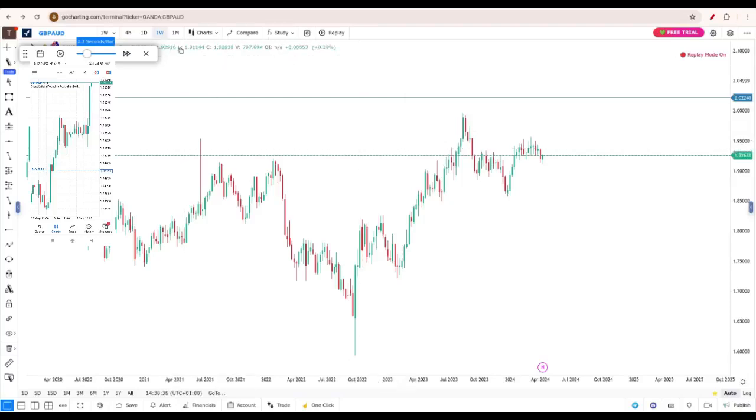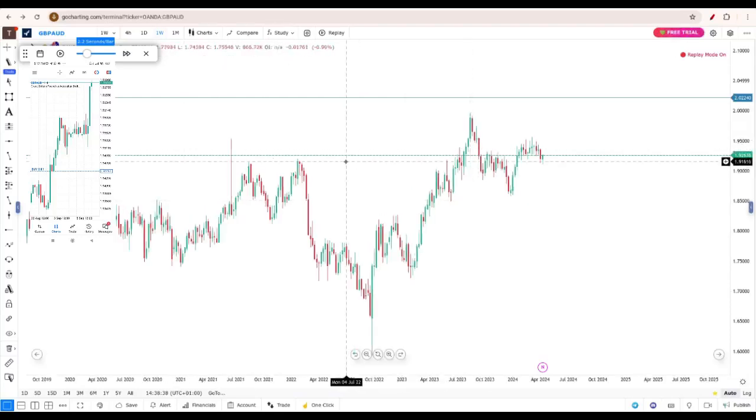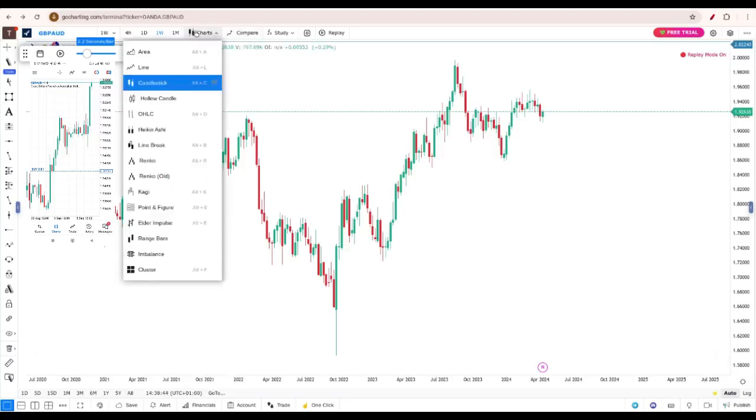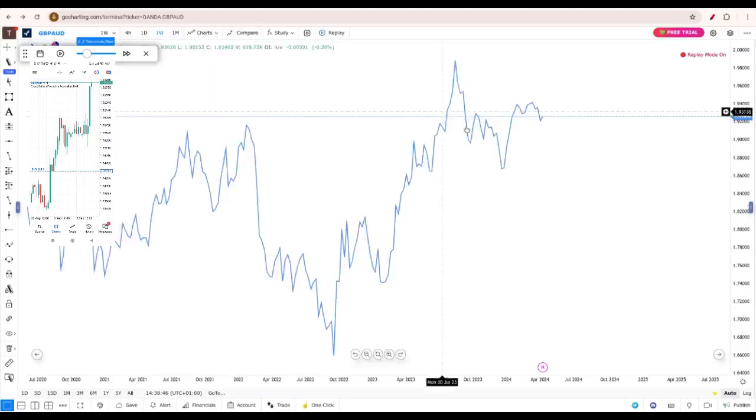Let's go to the monthly. Okay, look, this is one zone here. We have a zone here. As you can see, let's go to the line chart so you understand better. You can see that this is a zone here. This is a key zone here. We have support, resistance,